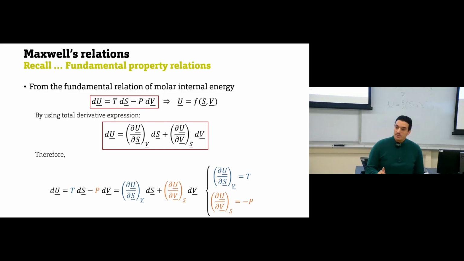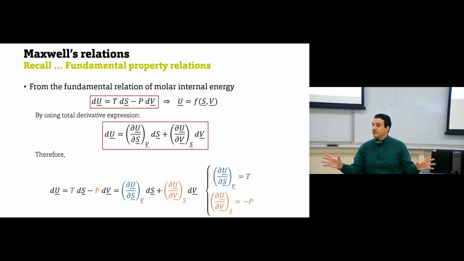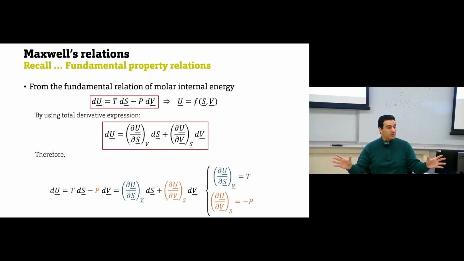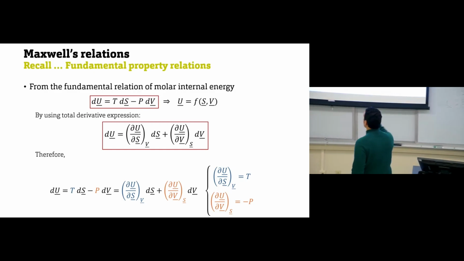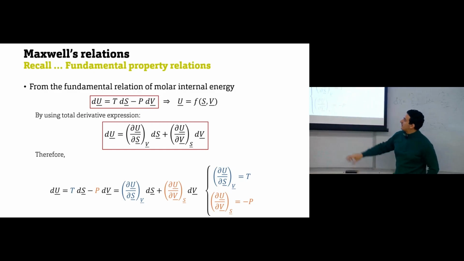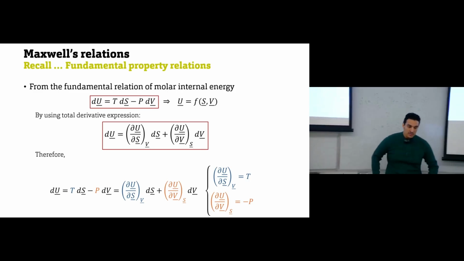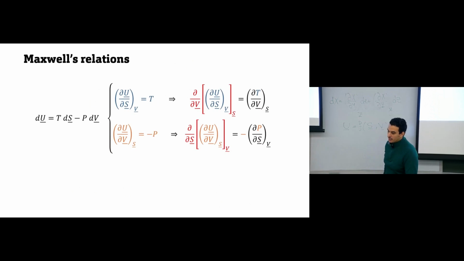If this is not possible, then replace the partial derivative that you cannot solve with another partial derivative that you can solve. And here the Maxwell relations play this role. So Maxwell relations come from the fundamental property relation. So we said this one here, what we obtained from the fundamental property relation. Okay, so if we have this one,